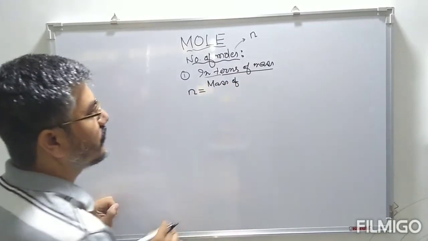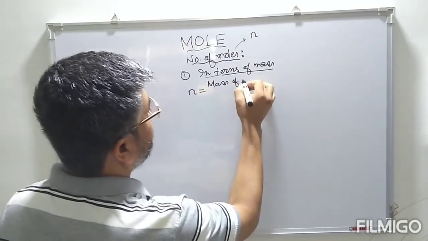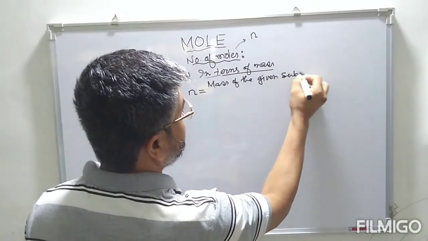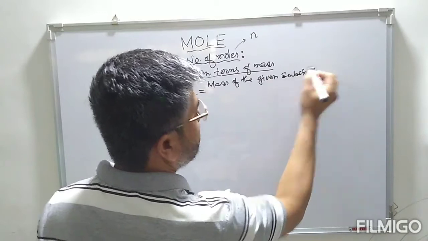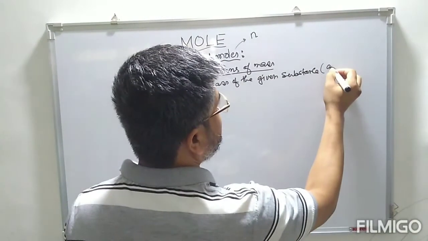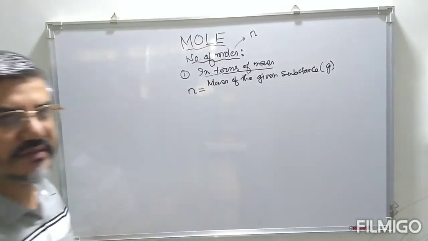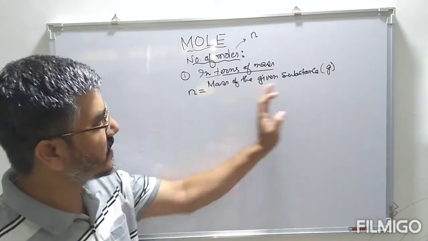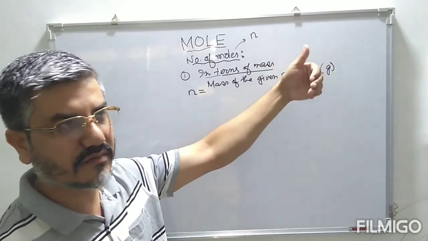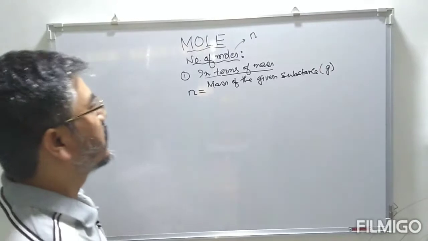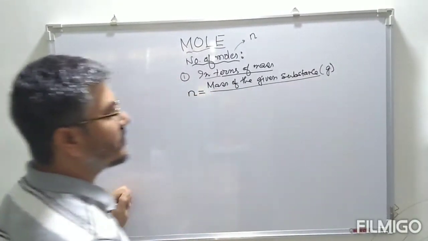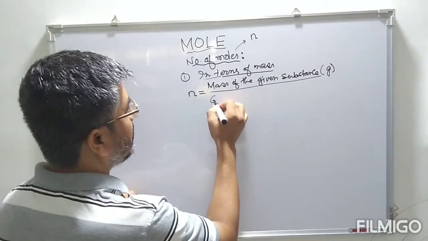So we define this number of moles n as mass of the given substance. This mass is measured in gram units. When I say mass of the given substance, this may be electron, proton, molecule, compound, whatever it may be. This mass of the given substance divided by